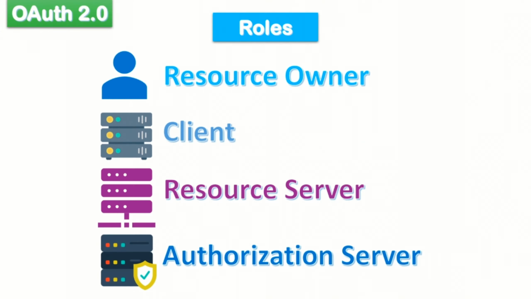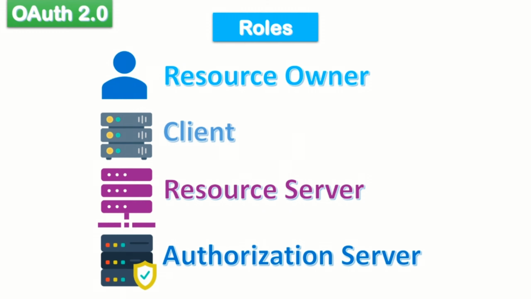There are 4 different roles in OAuth2. The first role is resource owner. It is you, the user, who owns the data. Data could be your Gmail profile or email. Another role is client. It is the application or website, which was wishit.com in our example, that wants to access your data like